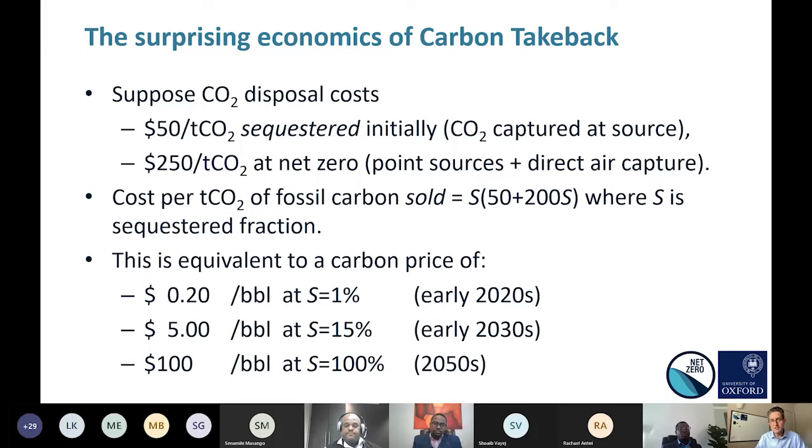So this addresses the point that carbon capture and storage looks expensive if you think we have to do it to 100% of the carbon dioxide we generate from burning fossil fuels today. But actually, what we need to do is to get to net zero by 2050. We need to get there smoothly. And if you consider the cost of a smooth transition, it's perfectly affordable. If we go to the next slide,